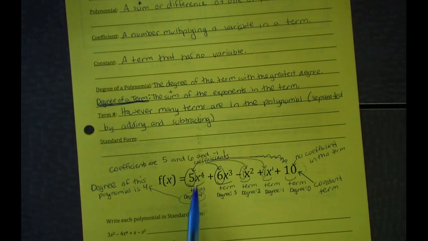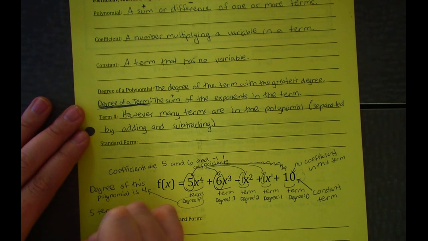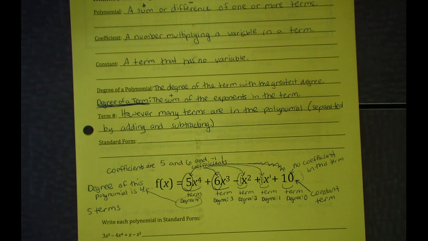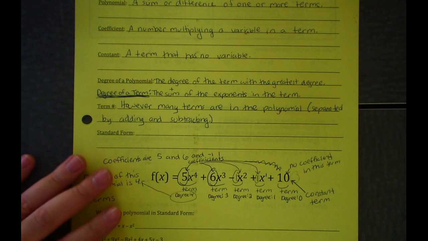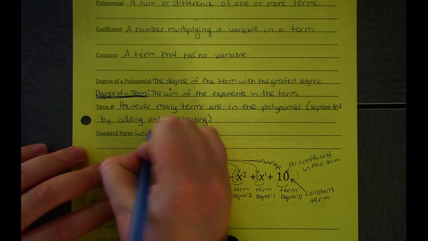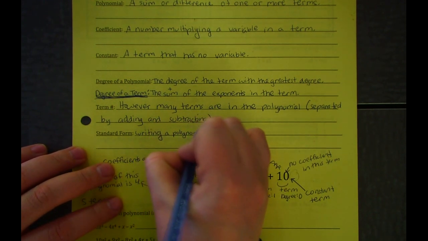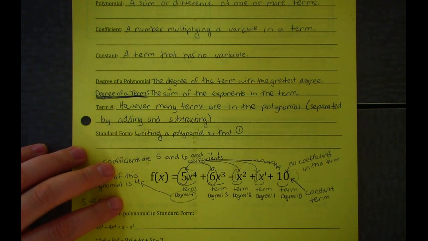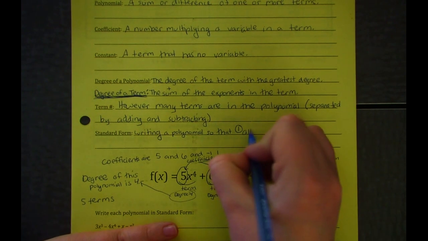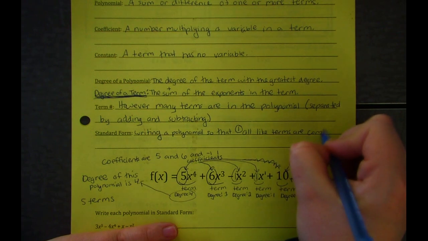So in this case, there are 1, 2, 3, 4, 5 terms in this polynomial. Now, standard form is a way to write polynomials with two things that you're making sure are happening. So we're going to say writing a polynomial so that the first thing that we're going to talk about is all like terms are combined,